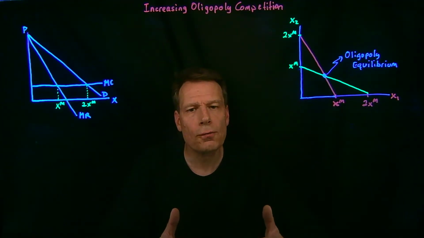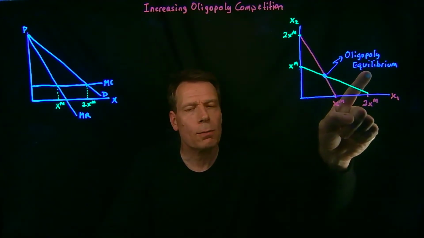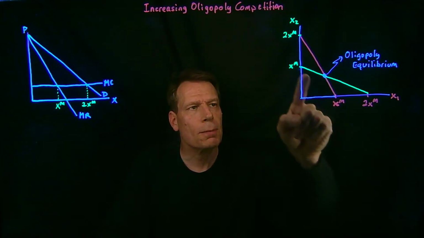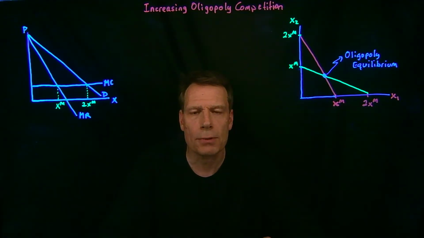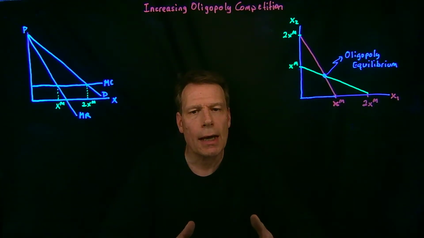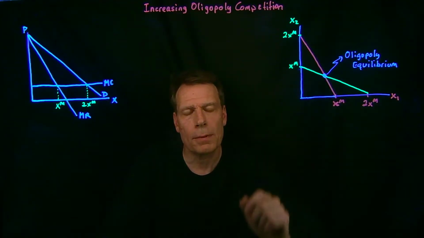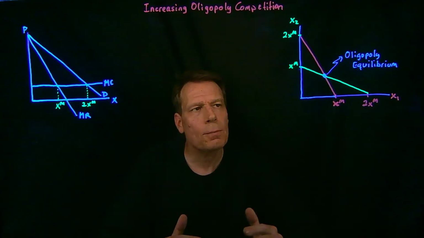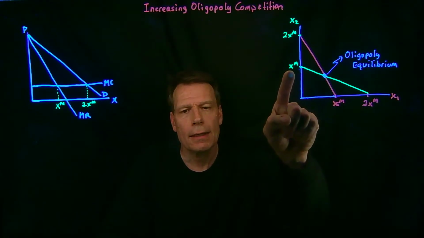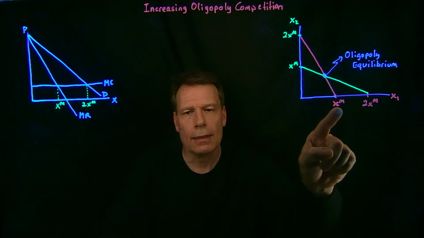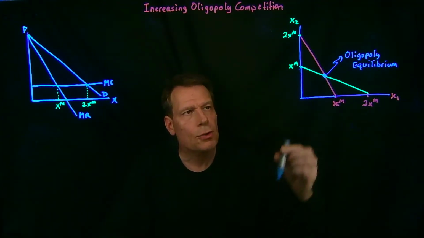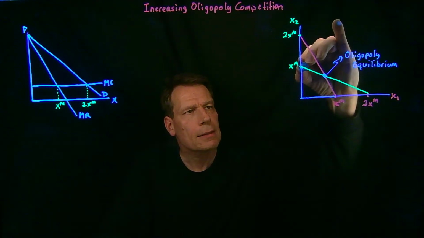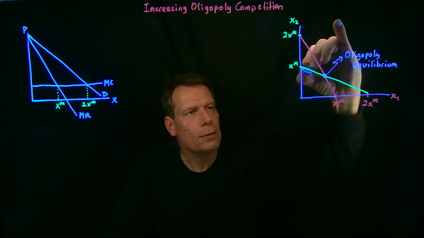We've seen that in a two-firm oligopoly, the oligopoly equilibrium emerges at the intersection of the best response functions for the two firms. And we can now ask the question, how does the overall quantity produced in the market in this oligopoly equilibrium compare to the monopoly quantity that would be produced if there was only a single firm in this market? And we can see that in this picture by recognizing that we have the monopoly quantity here and the monopoly quantity here. So if we draw a line that connects the two monopoly quantities on the two axes,